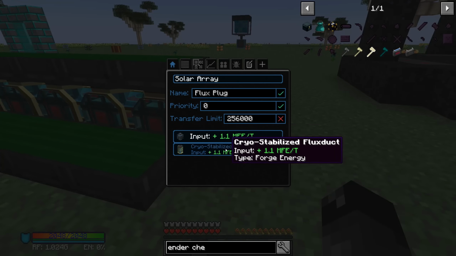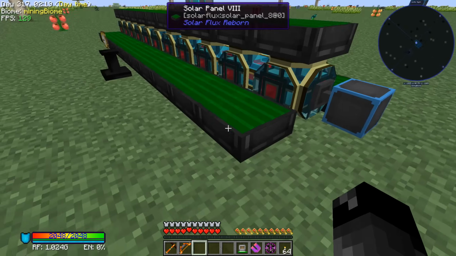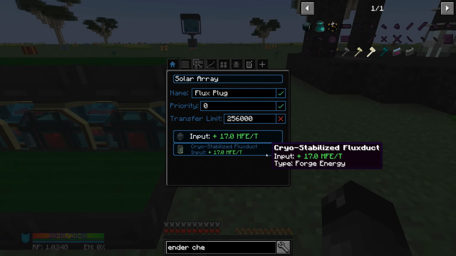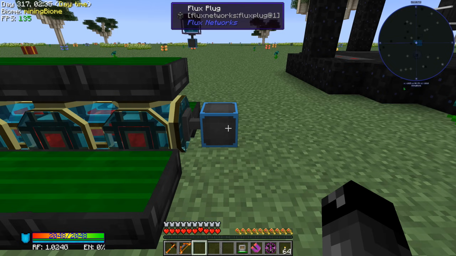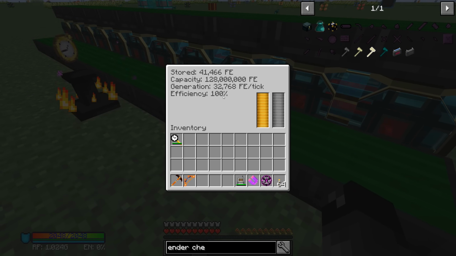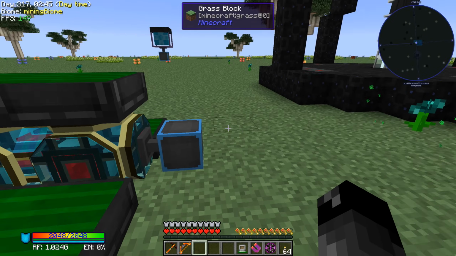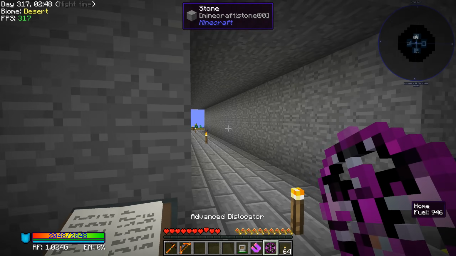So if we look at this thing, we can see that the input is 1.1 million FE per tick. Now, if we do this, what are we doing? We're up to 17 million FE per tick. Oh my goodness. So that does in fact speed up our solar panels. Wow. If we look at these things, it doesn't really show they're doing anything. But yeah, we just increased the amount of power that we are generating significantly, 17 times, which makes sense because